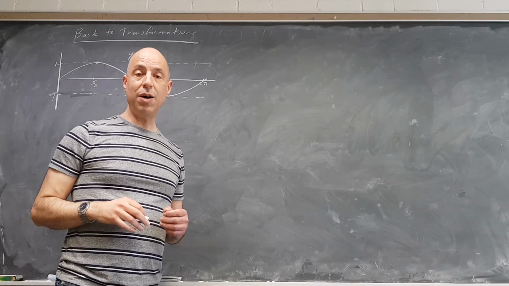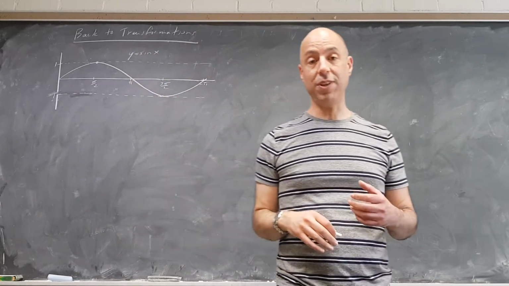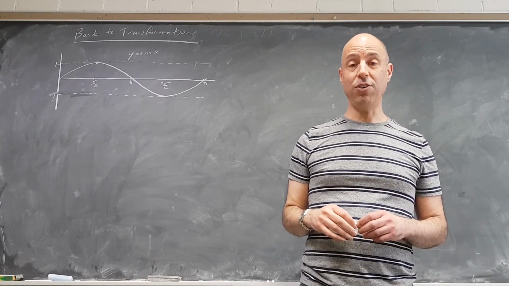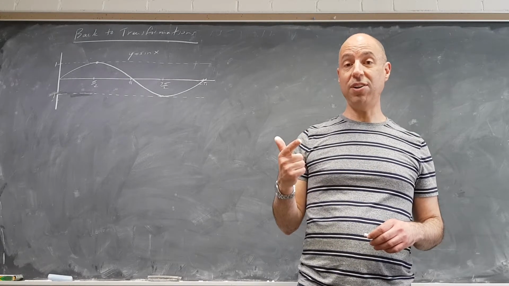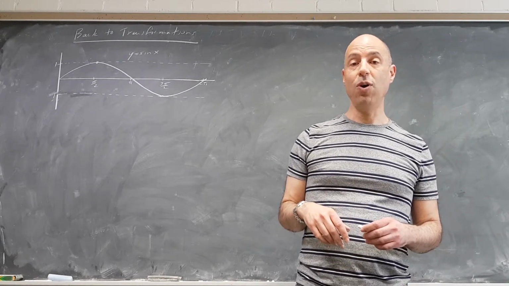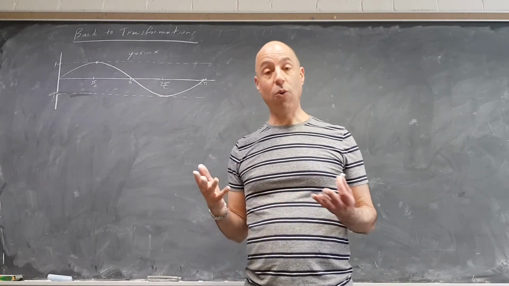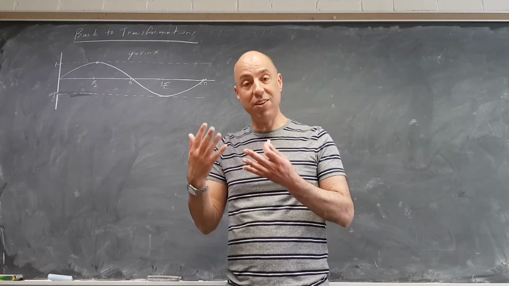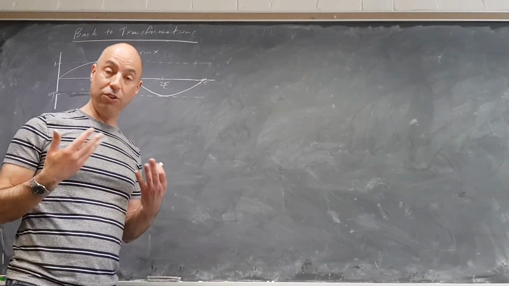I want to go back to a topic that we discussed earlier in the course, and I highly recommend that you go back and review your notes for this. Transformations of functions. We talked about three different kinds of transformations of functions: shifts, stretches and compressions, and reflections over one of the axes. And we talked about how when you do something directly to a variable, then you are making a horizontal change. Horizontal changes are counter to the intuitive direction. And when you do something to the entire function, we are making a vertical change, and vertical changes go in